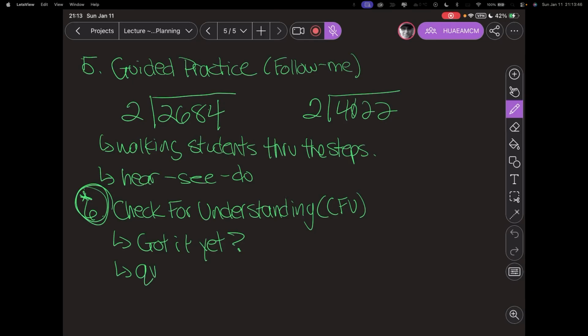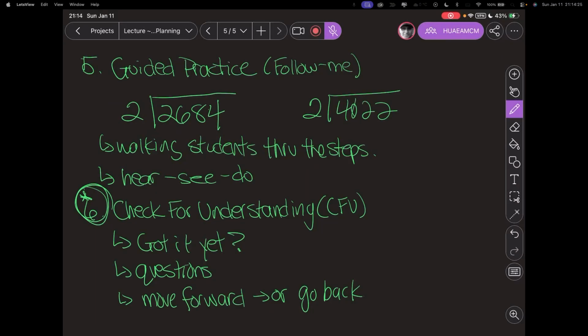Of course, the number one way would be we ask questions, verbal questions. Sometimes they're written questions. It could be any kind of questions, really. But generally speaking, in a lesson, you are going to ask students to see if they get it or not, right? And so this informs whether you're going to move forward or, I'll just write, or go back. Because at this stage, if you check for understanding and you're like, I don't think they get it, then you have to go all the way back up to modeling and start again.